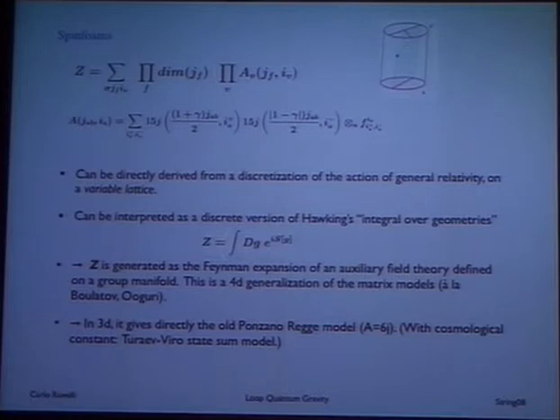Here, there's nothing like that. This expression here is not independent of the triangulation. Once you impose the constraints, basically you write B as E wedge E, you break this topological invariance. You bring in degrees of freedom. This does not mean at all that the theory is topological. There are all the degrees of freedom. This is the quantum equivalent of the classical fact that general relativity has full diffeomorphism invariance. At the same time, what I'm saying is that between your two pictures, there is only one in between.